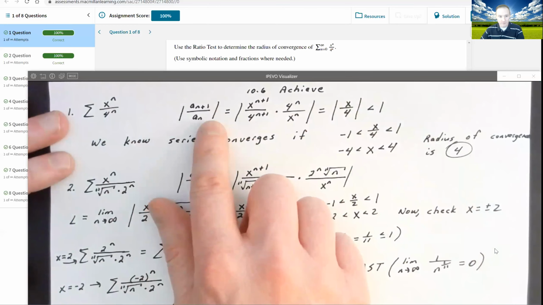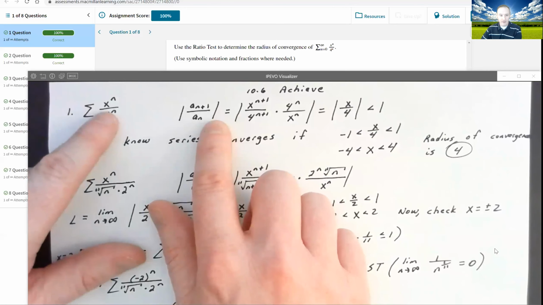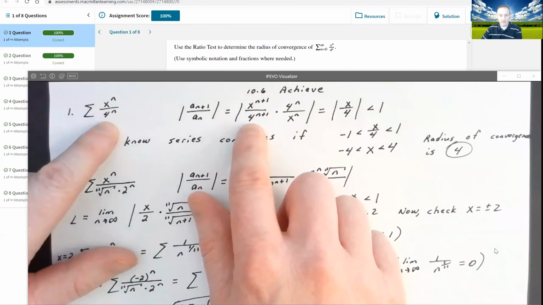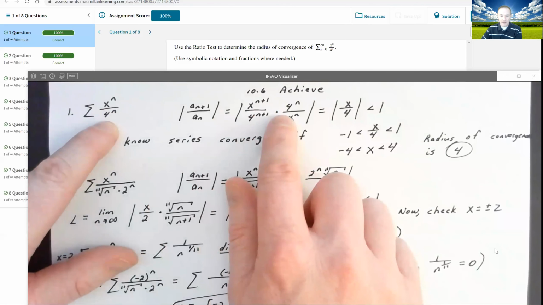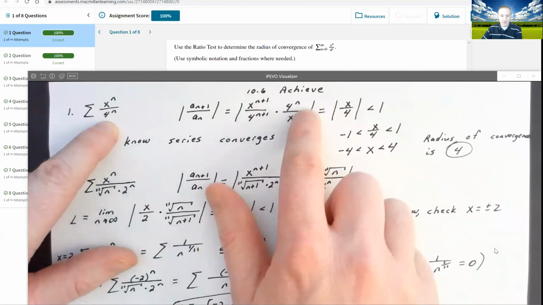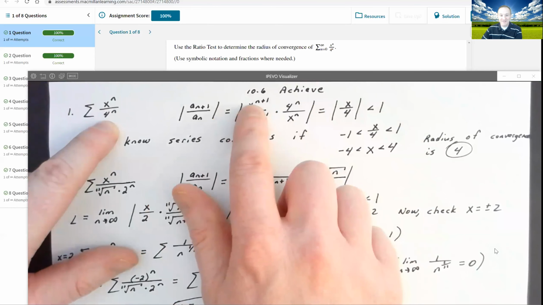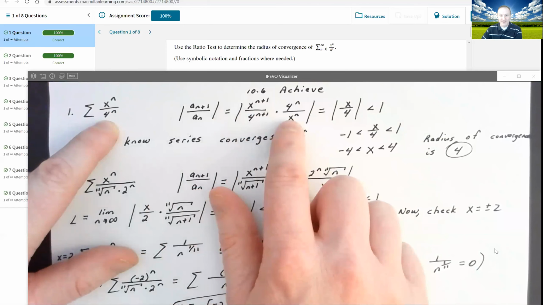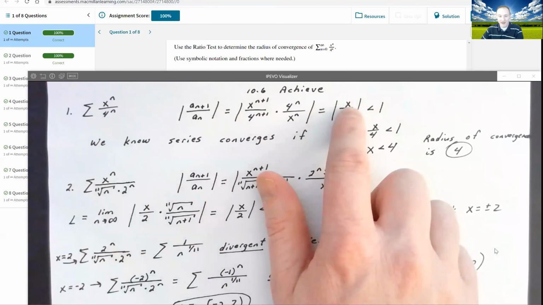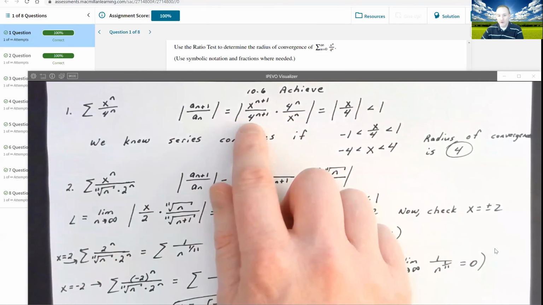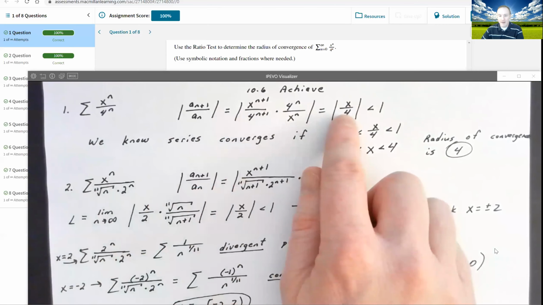So in this problem, we have the absolute value of a sub n plus 1 over a sub n. That's going to be x to the n plus 1 over 4 to the n plus 1. We're multiplying that by the reciprocal of a sub n, which is 4 to the n over x to the n. Now the x to the n plus 1 over x to the n is going to simplify to give me an x in the numerator. I know I have one more factor of 4 in that denominator,